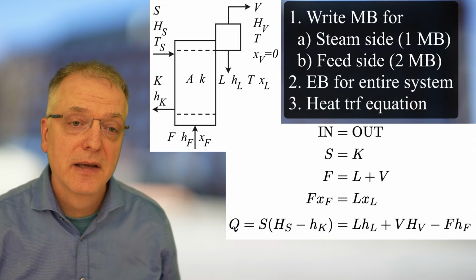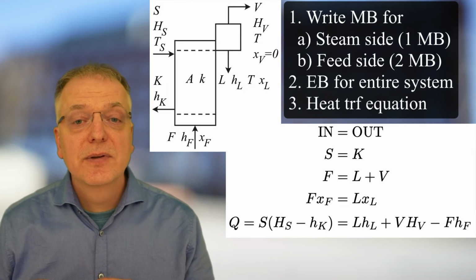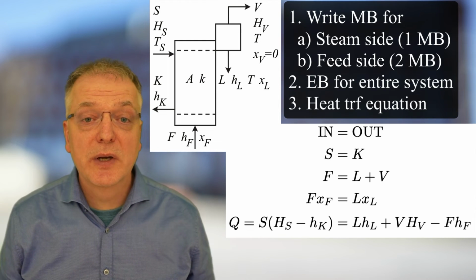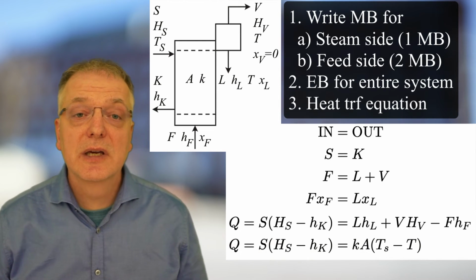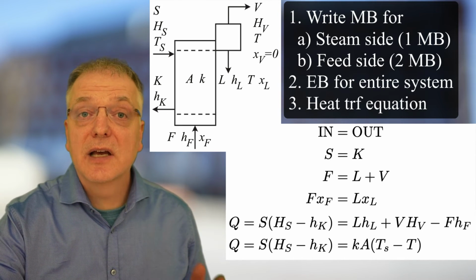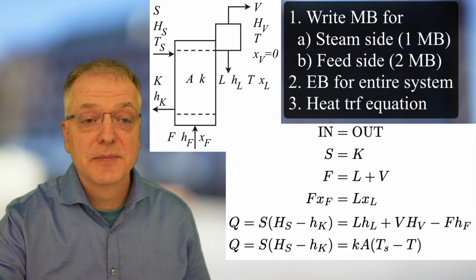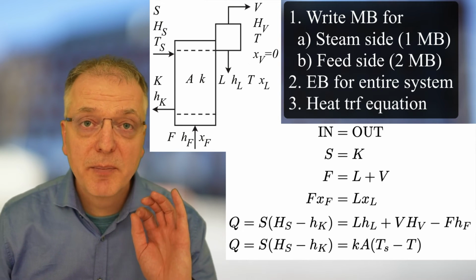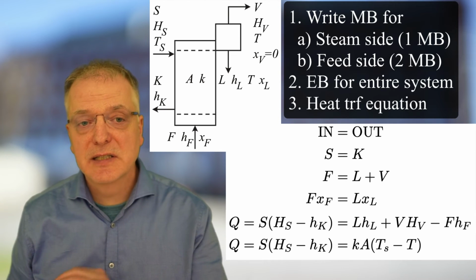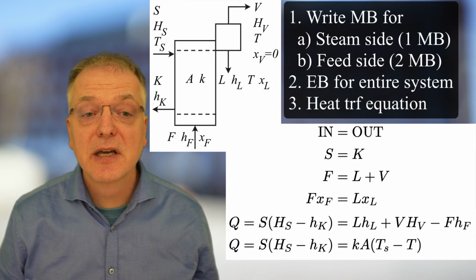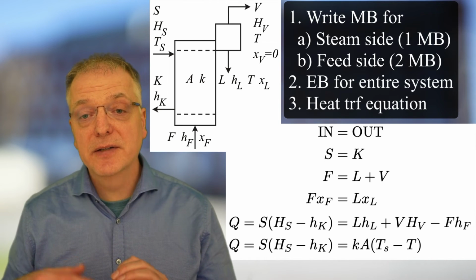This energy Q transferred from the steam can also be expressed using the heat transfer equation for the heat exchanger. So Q equals S times (HS minus HK), which equals K times A times (TS minus T). As we mentioned in the previous video, the true temperature difference is actually not TS minus T. So when we use the simplified temperature difference TS minus T, we need to use the so-called apparent overall heat